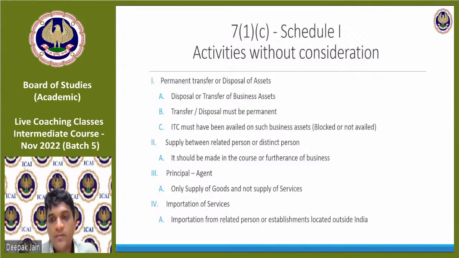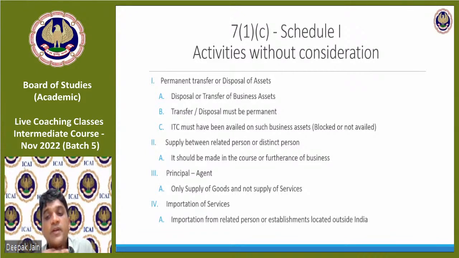Yes, if we take multiple registrations, then each branch is treated as a deemed distinct person. Correct. For one state, only one certificate is required. Add additional place of business in the same certificate. Yeah, that's an option. Either you add or you keep it separately. If a single PAN holder is running 3 different businesses, will he have to take 3 different GST numbers? It is still optional. If he has 3 businesses in the same state, he can take one registration itself, separate registration not required, but if he wants, he can take separate registration.